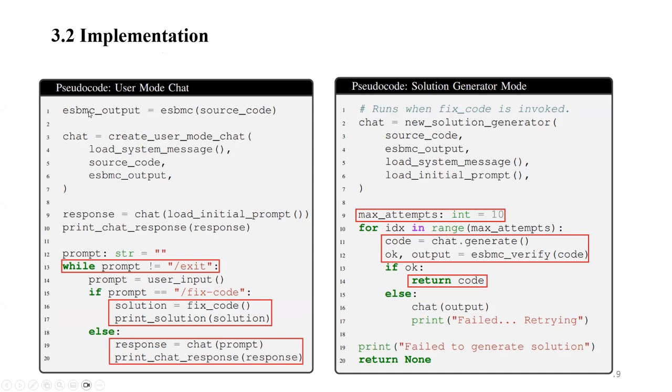Here, we take the ESBMC output as input of the verification module. Then the chat object will contain the message from the user as well as the original source code and the ESBMC output. The response will just load the chat prompts, then print back to the user. Here, we should focus on this: if the user issues this prompt /exit, it exits from the prompt of the framework. Actually, I have tested this tool on my local machine. If you issue this command from the prompt of the framework, you automatically return back to the